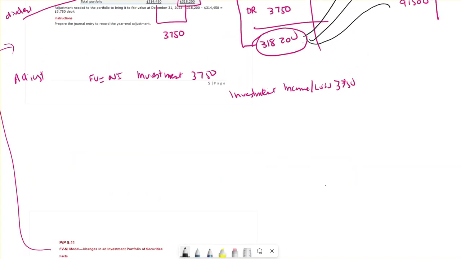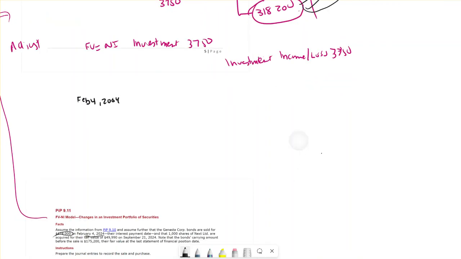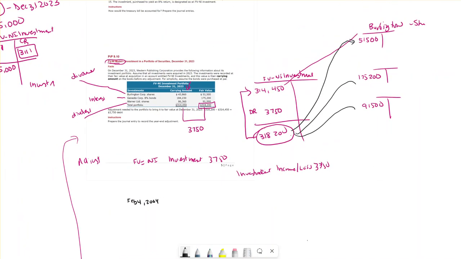So next we need to do an entry for February 4, 2004, and it is my investment, Canesta. So what we're doing is we're selling this. If you're selling it, we need to make it zero. How would you make it zero? By crediting that. So we have a fair value net income investment. We have to get rid of what the value was,